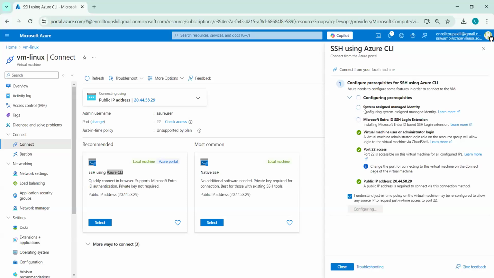So you can see it is checking prerequisites. What it checks: if port 22 is open or not. Then it checks whether the resources are ready to connect. All those prerequisites are checked, and using that, it will allow us to connect to our new virtual machine.